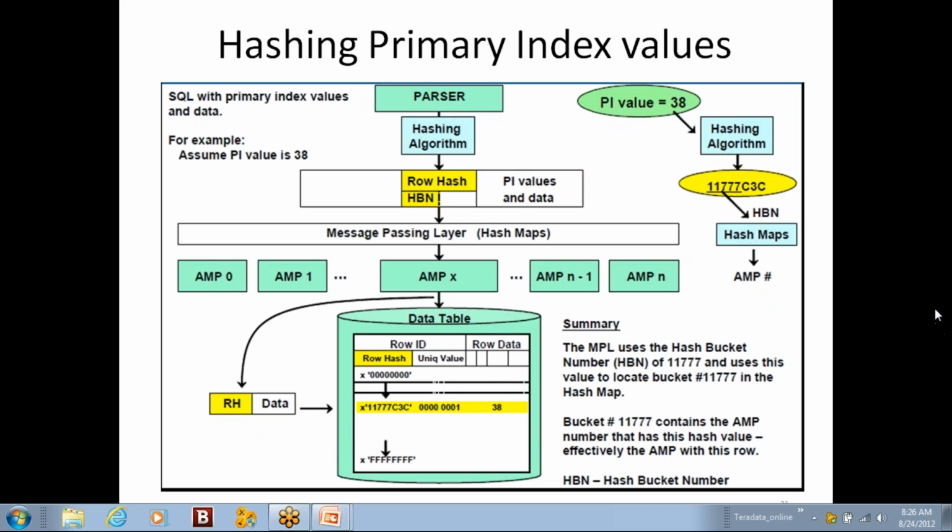And I see one more question here from Rajneesh: if we add a new node with more AMPs. Yes, whenever we upgrade the existing Teradata system by adding AMPs or new nodes, the hash map is refreshed as per the new configuration and the new number of AMPs, so that the hash algorithm gives an even parallel distribution across all the newly available AMPs.